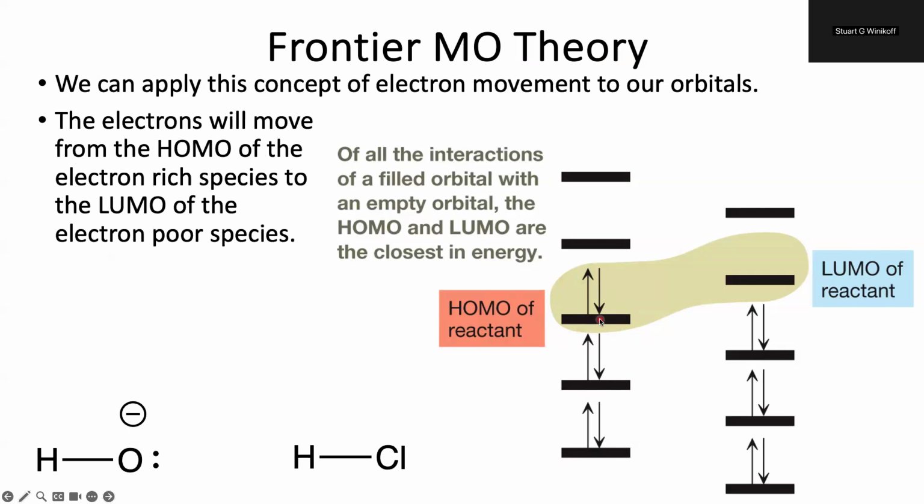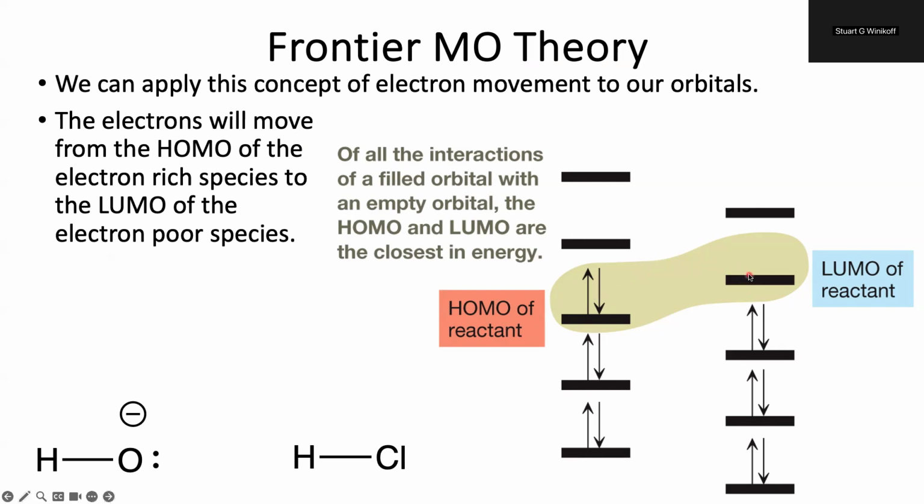Now, where can these electrons move? So our electrons are going to have to move into an empty orbital. So the easiest orbital for them to move into is going to be the LUMO, that lowest unoccupied molecular orbital, or pretty much the lowest energy orbital that has a hole. So we're going to be looking at how these electrons move from the HOMO of our electron-rich species to the LUMO